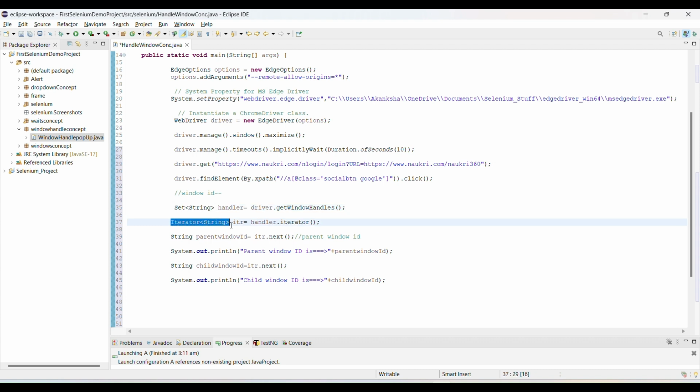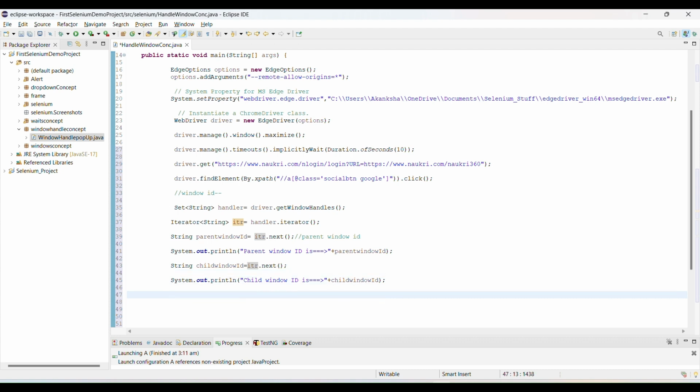So we are going to create the iterator object here, using the set of string handles. Then using the iterator object we are going to use the next method to get the window IDs. The first next call will give you the current window ID, then again you do the next method. So this will give you the child window ID, because the first time it points to the parent window, the second time it points to the child window, right?